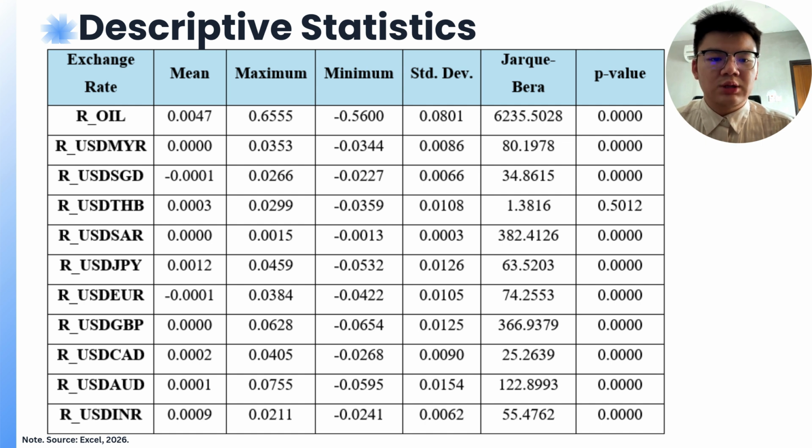So next we'll be moving to the Jarque-Bera test. This test is to test whether each of the return series follows a normal distribution or not. A p-value below 0.05 means we will reject normality, and if above 0.05, we will accept the normality. So based on the table shown here,